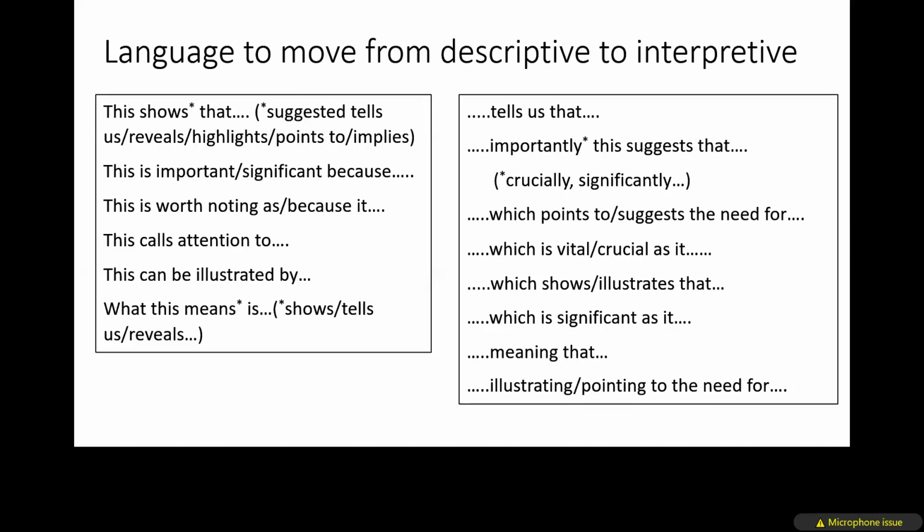And on the box on the right hand side are connectors, right? Tells us that, this suggests that, which is significant as it is, and so on, right? So whenever you evaluate, analyze, if you want to put everything into context, you use these examples, right? So the next example,